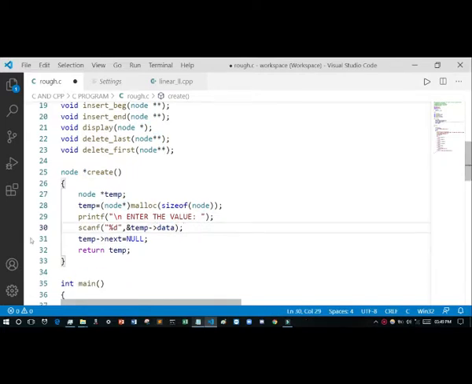And remember, it is very important that temp next will be null, because I have created just this node and as it is a linear linked list, its next part will be null. And then I have returned temp, and please tell what is the type of temp? It is node type. For this reason I have written the same type.